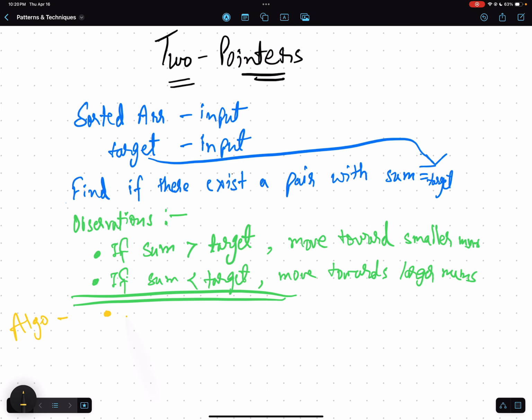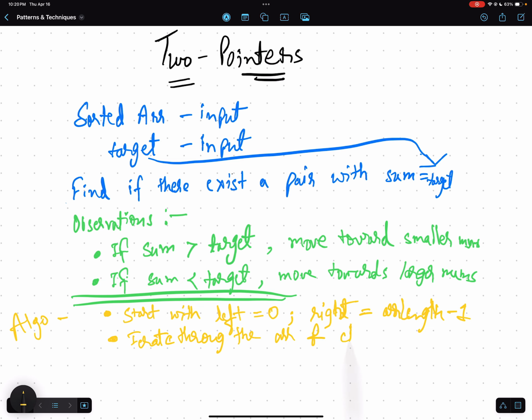The first step will be to start with left equals 0 and right equals array length minus 1. Okay, once this is done, what next do we need to do? We need to iterate through the array